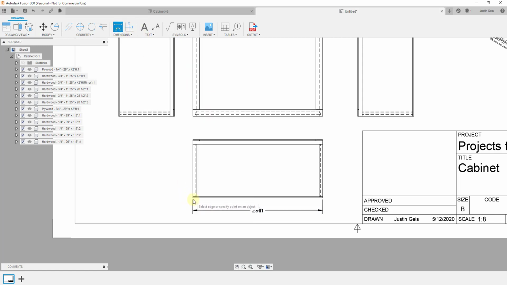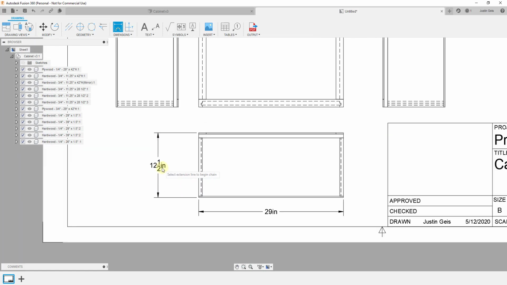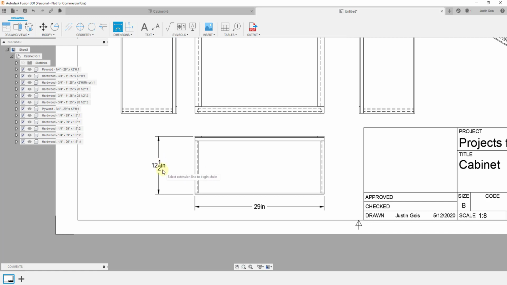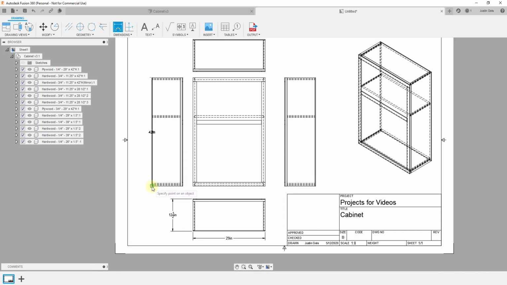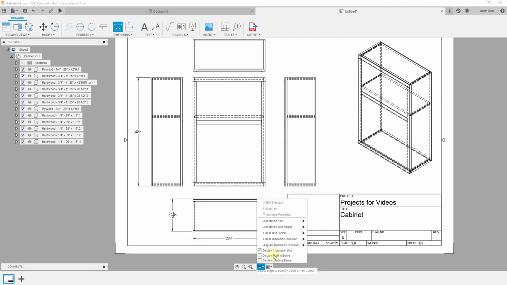So when you do that, now if I add something like this, you can see how this is showing my annotation unit in here, in addition to showing the fractional inches right here. You can use this to really quickly add dimensions to your drawings, just like this. You can also set this if you have any trailing or leading zeros. That would be more of a decimal setting, but you could set this to display your trailing zeros, to have this go to like 12.50 or something like that. Probably more useful if you're using metric, but yeah, we're good to go there. You can also set the precision of your units